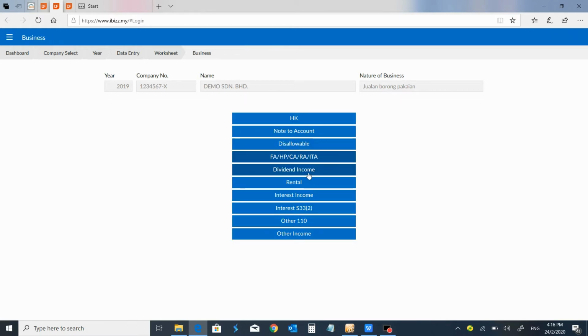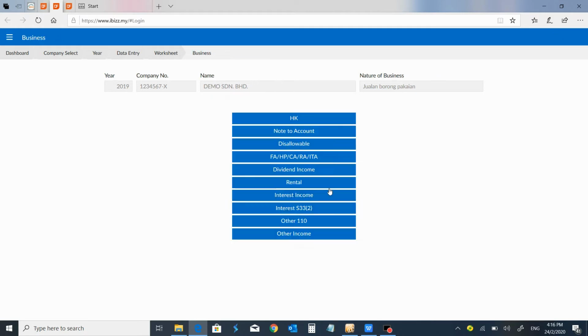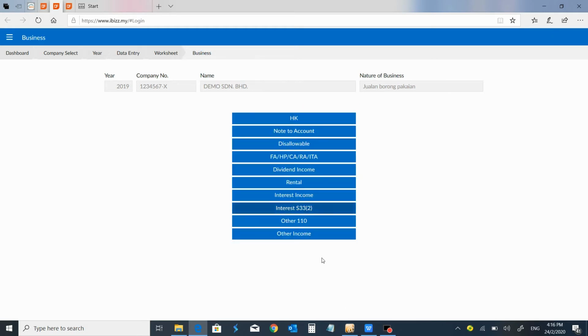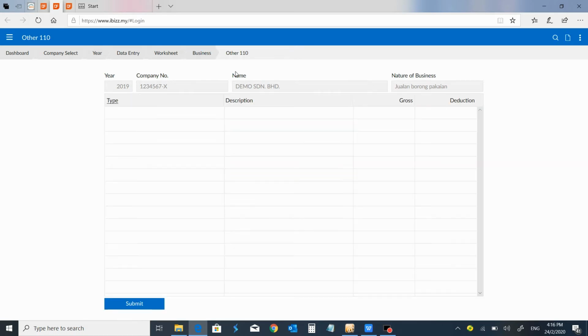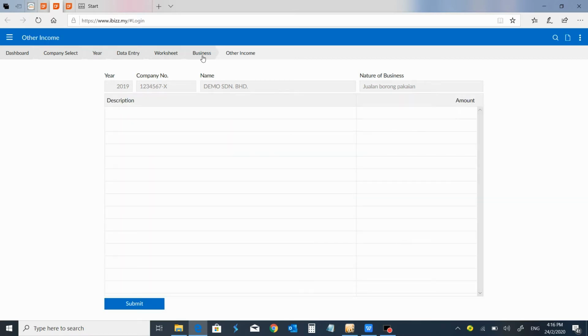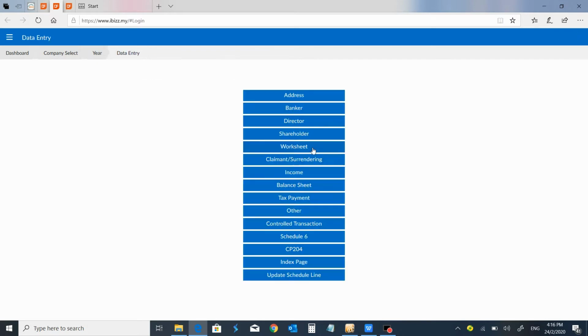And this is on your dividend income, the rental income, interest income. You can prepare your deemed interest, this schedule of 140B, in the system as well. And when it comes to interest restriction, you can compute on a monthly basis or yearly basis. And this is other 110, and this will be other income. Okay, after you have completed the worksheet section,